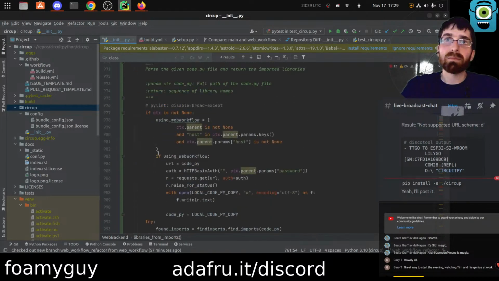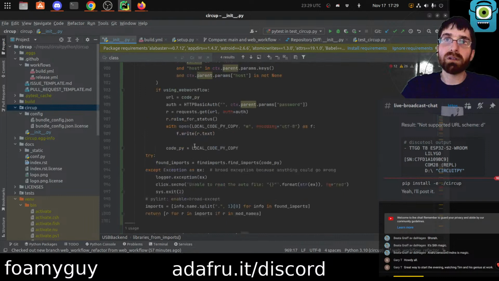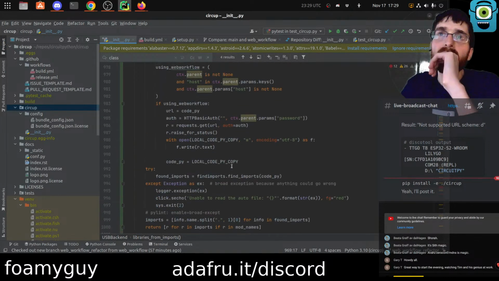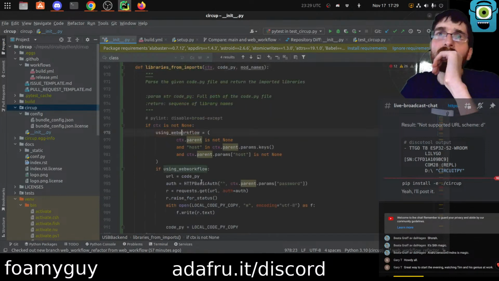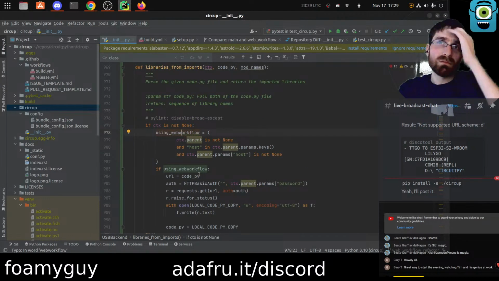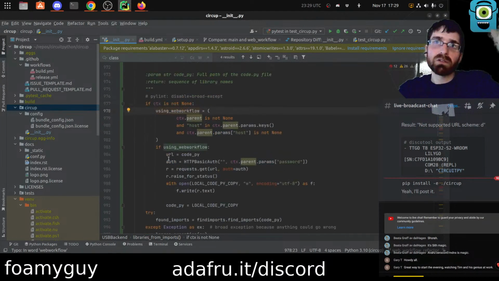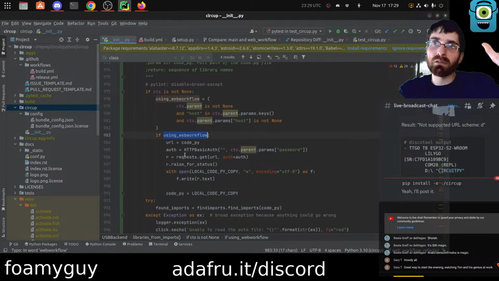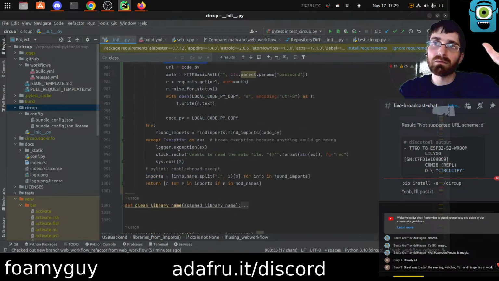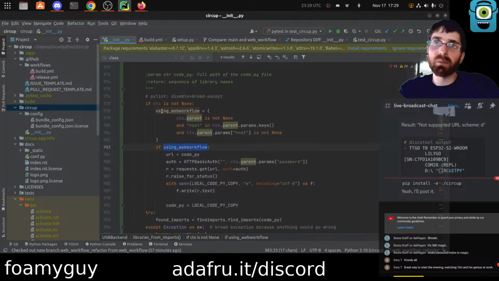Okay. USB first, libraries from imports. So we no longer need using WebWorkflow because we're only caring about USB here. So everything used to generate this